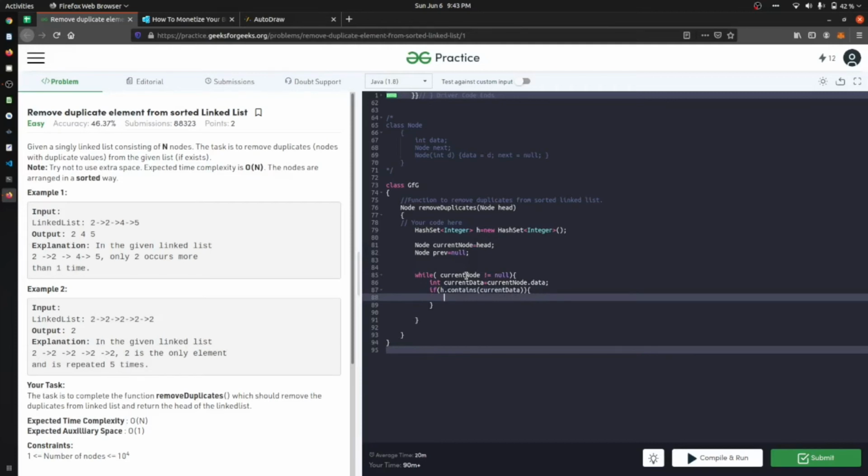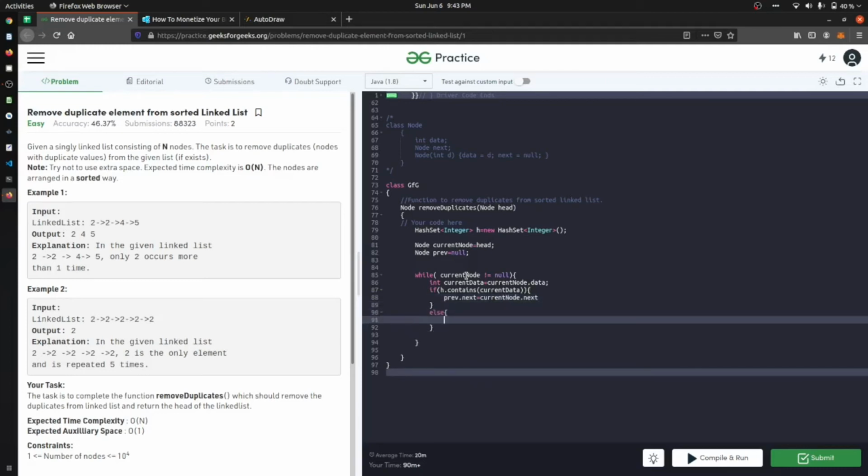Okay, then what we will do, we will just change the pointer. We will just say that previous.next is equal to current node.next.